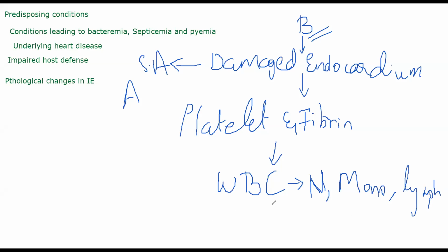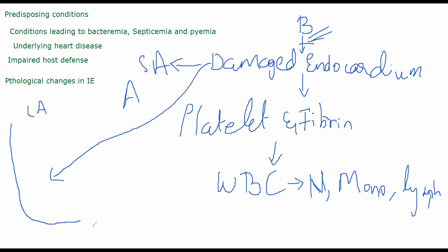Now, whenever this clump-like structure is formed, if the bacteria is strong enough, let me draw that area again. Let's suppose this is the left atrium part. We started off with damaged endocardium, so let's suppose there was a little bit of damage here like this. Platelets are coming like this, and let's suppose this orange structure is your fibrin. They are coming and trying to close that hole, to stop blood from entering this area, and to cover up that damage.